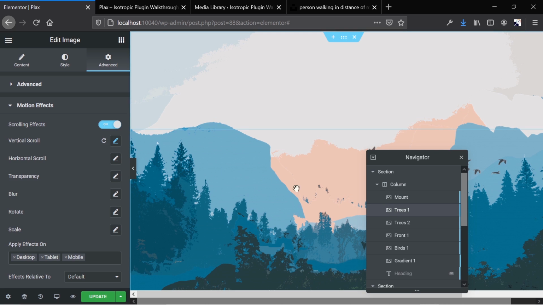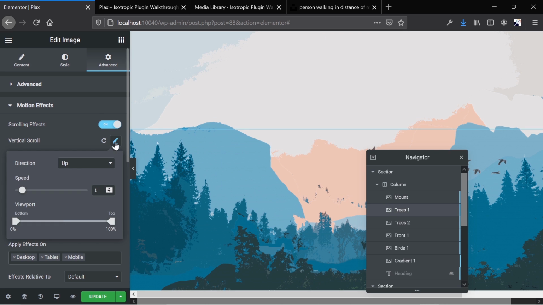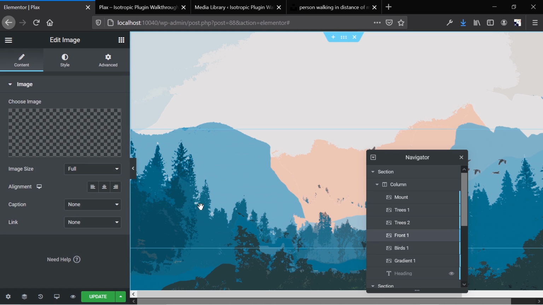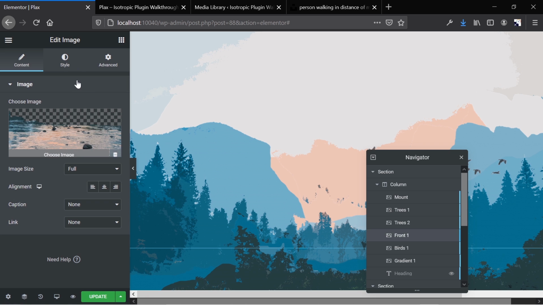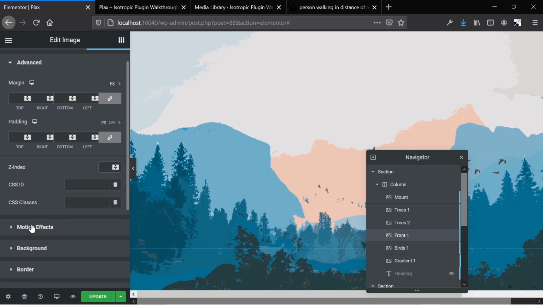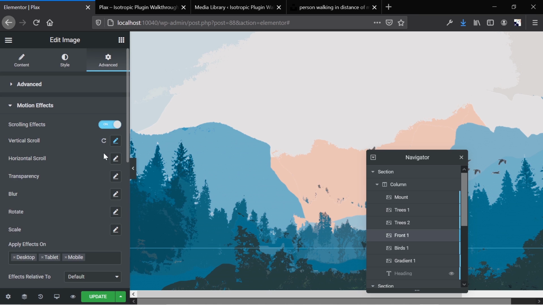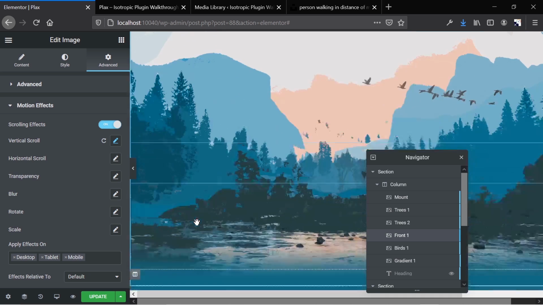Then when we get to trees, we still have motion effects, we still have vertical scroll. Now this is 1, and then this is going to be a slightly larger speed, and then this is the final image, and this is going to be the biggest speed. So we go from smallest vertical speed on the image layer that is furthest back in the Elementor parallax to fastest vertical